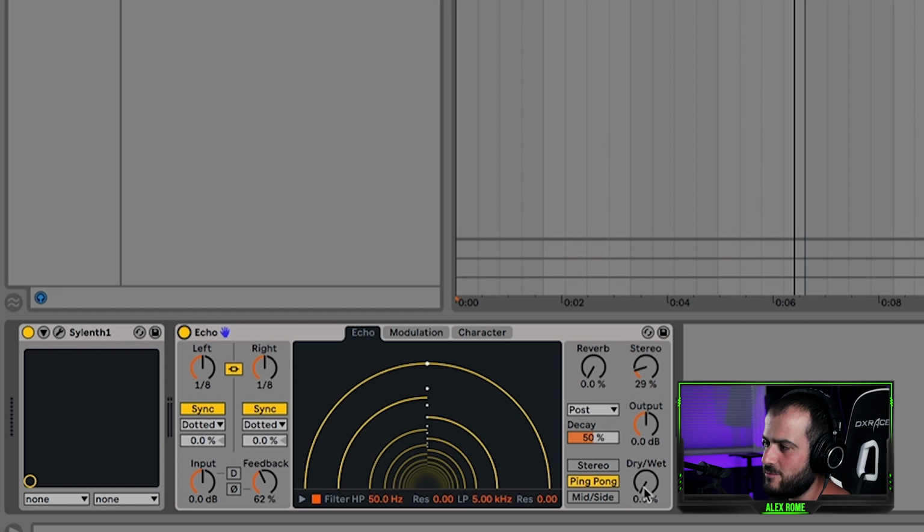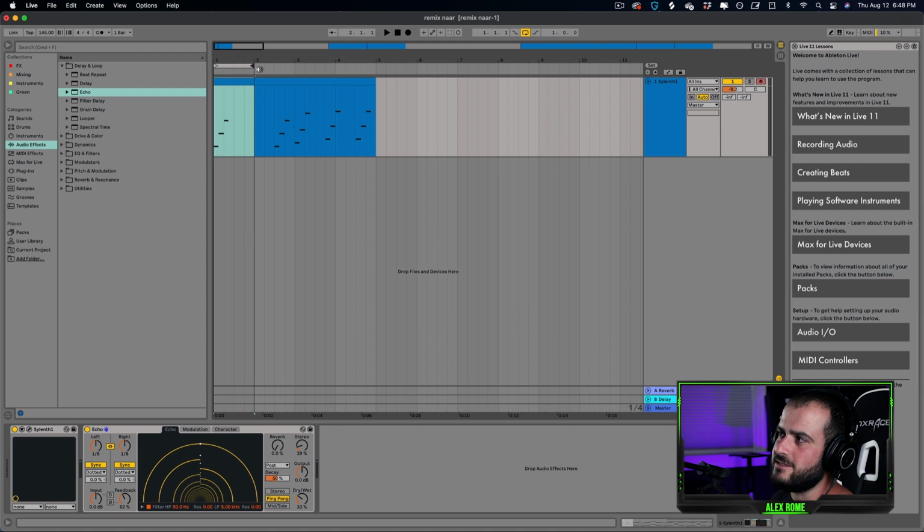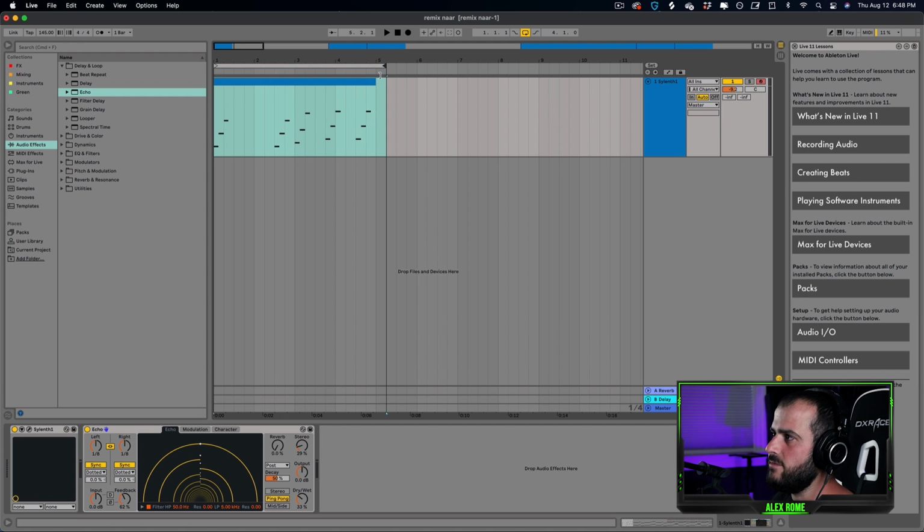It looks like this. I'm just going to increase the dry wet knob with a time of 1/8. That means there's going to be 8 echoes per 1 bar. This is 1 bar in length right here. From 1 to 2, 2 to 3. And you get the point. So if I play this now,